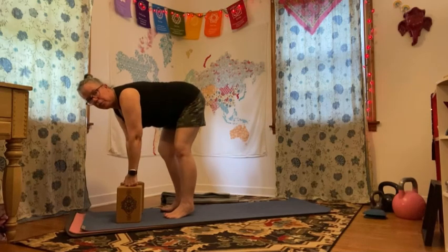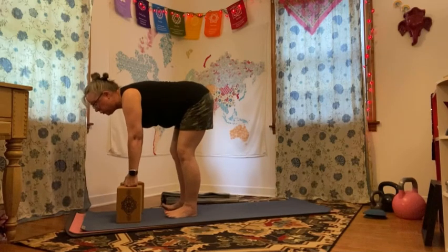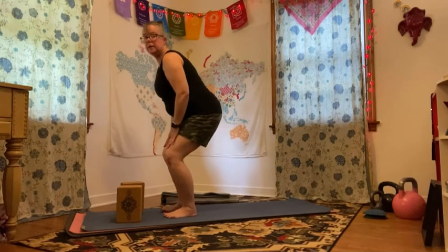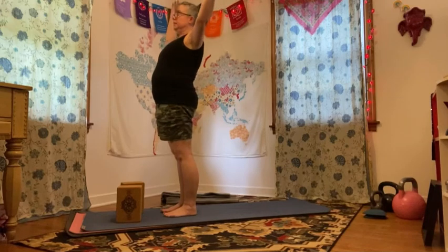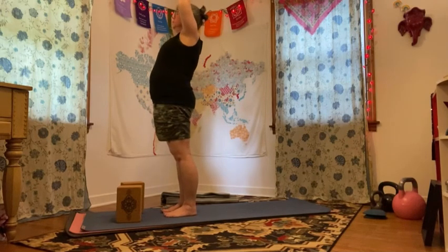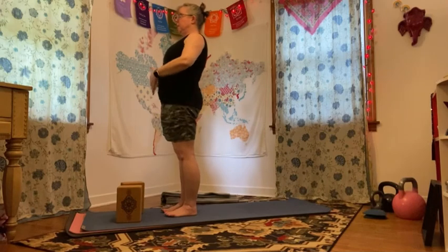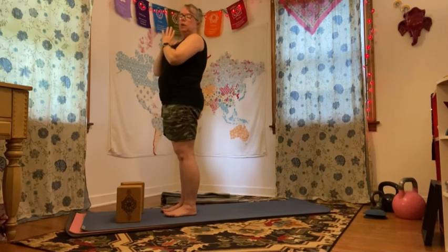You're going to let yourself move however feels good, and then you are going to lift up into that reverse swan dive, and it's a big stretch. And if you feel dizzy, come up in stages, and don't let yourself be dizzy. But of course, if you like that head rush, which sometimes feels good, reaching up above your head, keeping that back body active, that front body active, so you are supported, and then finding yourself in your mountain,